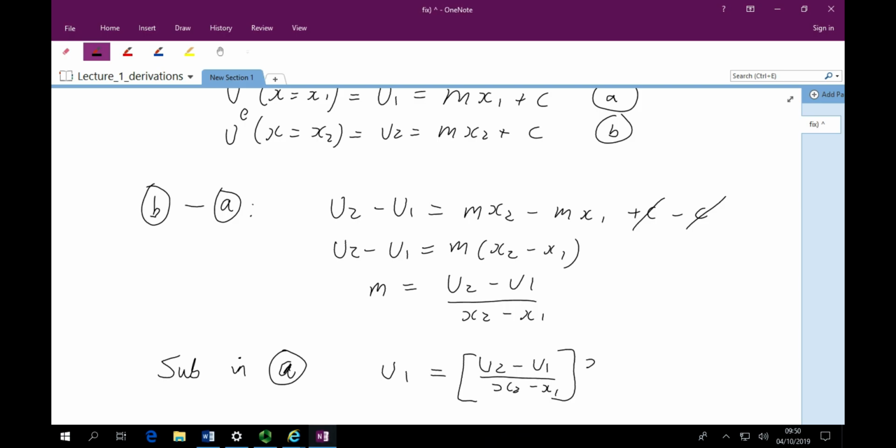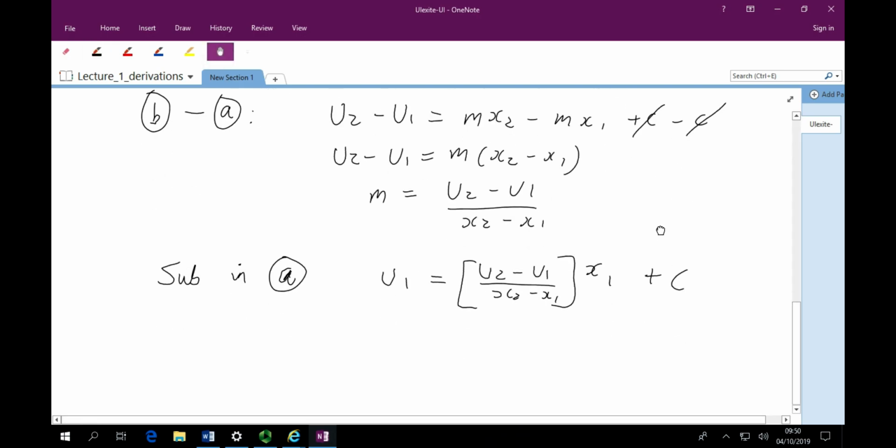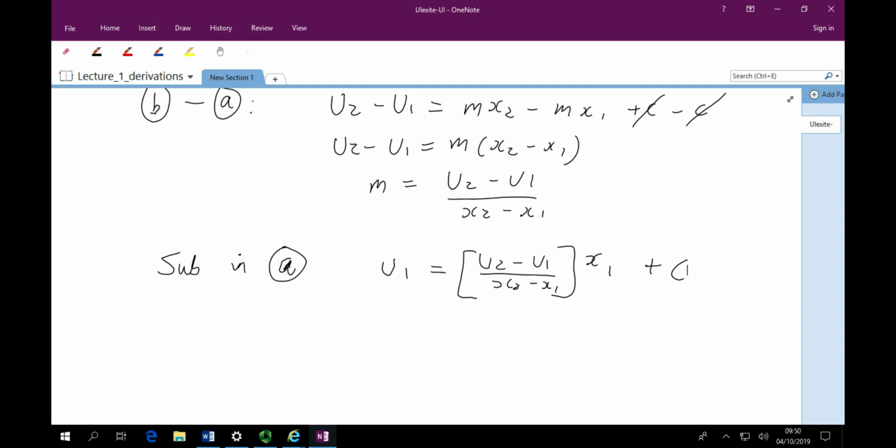This is times x1 plus c. So you can see now we have an equation here where the only unknown value, the only thing we need to determine, is c. So now it becomes a case of just rearranging in order to get the value of c. So we can rewrite this as c on one side, and we're going to have u1, and we're moving this expression in terms of x1 to the other side. So we have a minus sign, and that becomes